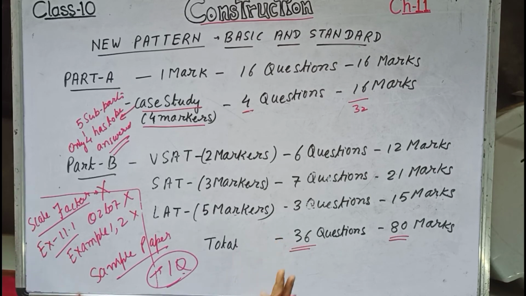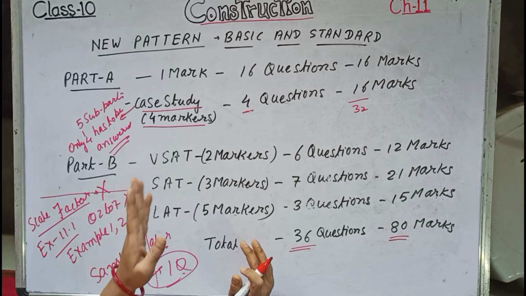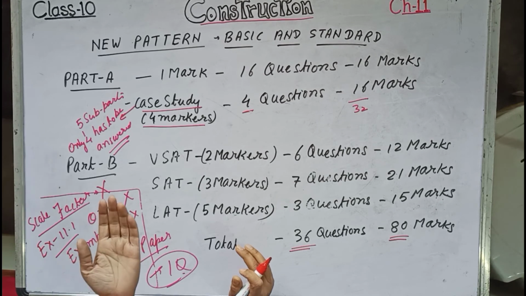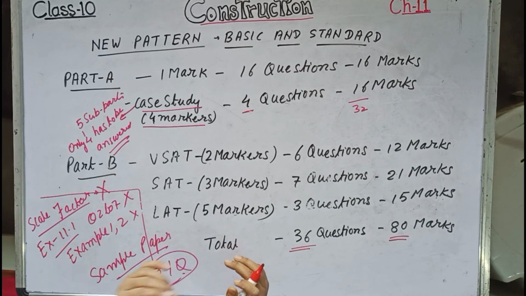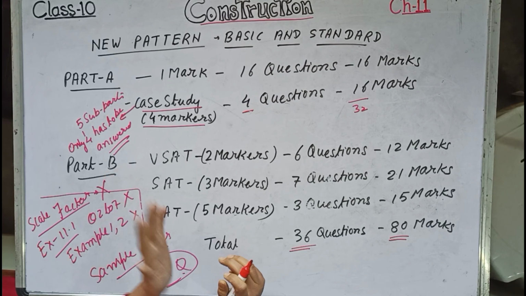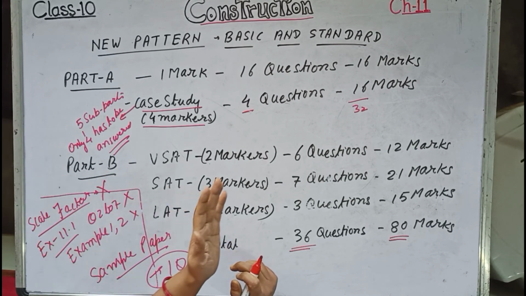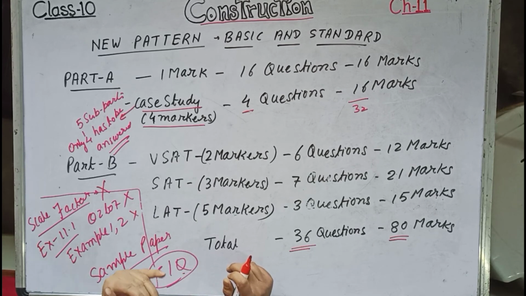But it's not definite that only one question will be given in the final board examination as well, because to some extent it changes in some of the chapters. In the standard sample paper from AP, it has given only one question from arithmetic progression, which is a very important chapter. But in the basic, it has given 7 questions from arithmetic progression.